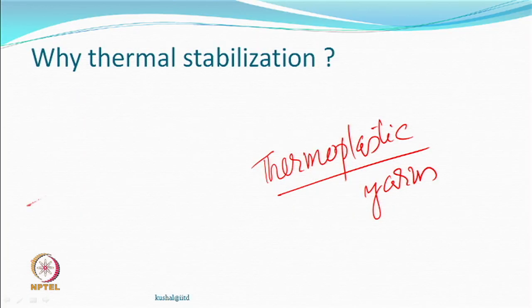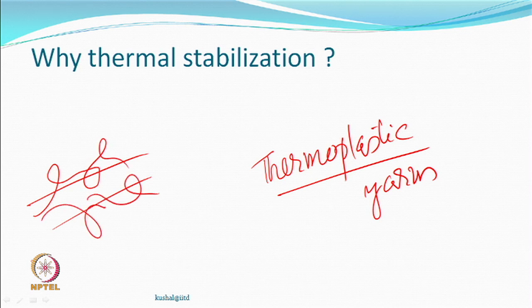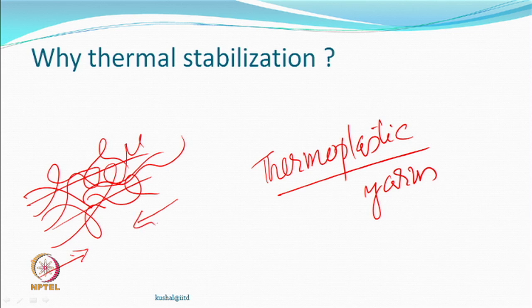So, the yarn may have loops protruding and entangled maybe. So, what would happen? When they shrink, there is a possibility that this may shrink like this. There is a possibility that it may shrink like this. There is a possibility that the loop size which is here, the loop shrinks by itself, which is entangled somewhere there. So, a large loop after thermal treatment may become a smaller loop.